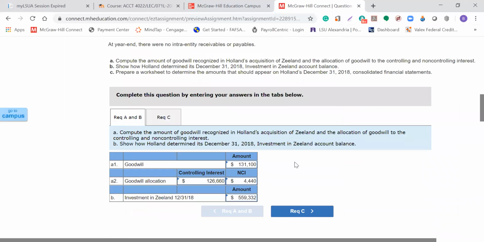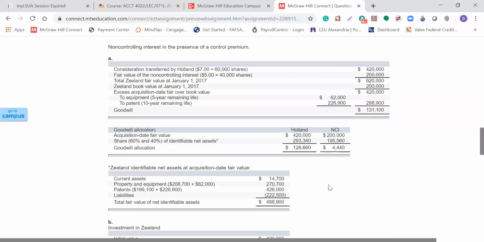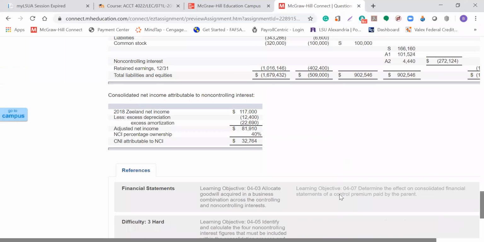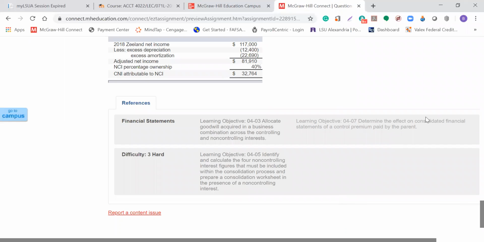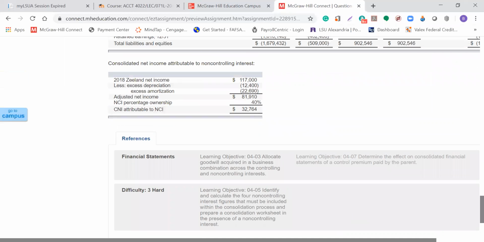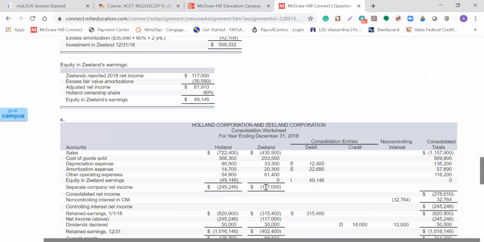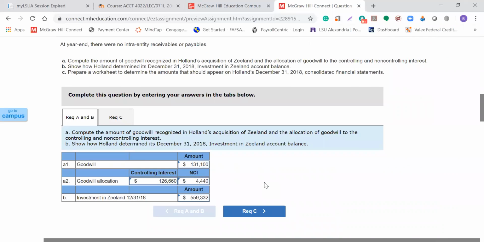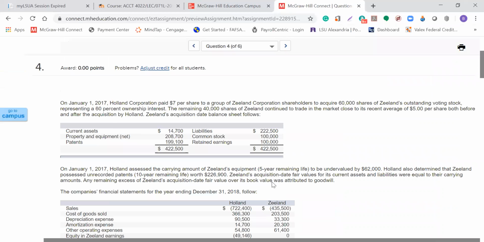The fourth question for this week addresses the effect of consolidated financial statements on a control premium paid by the parent. On January 1st, Holland paid $7 per share to a group of Zeeland Corporation shareholders to acquire 60,000 shares of Zeeland's outstanding voting stock, represented by 60% ownership,